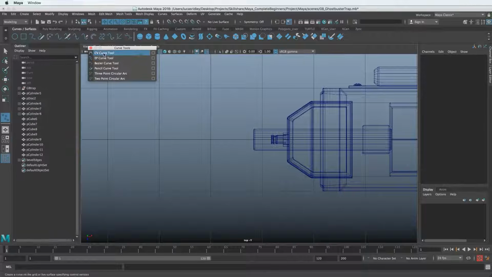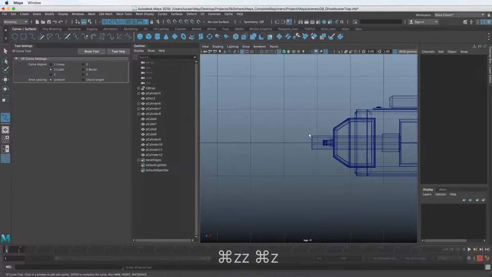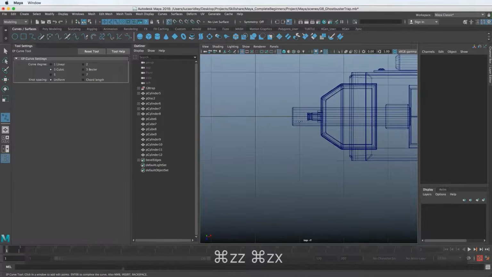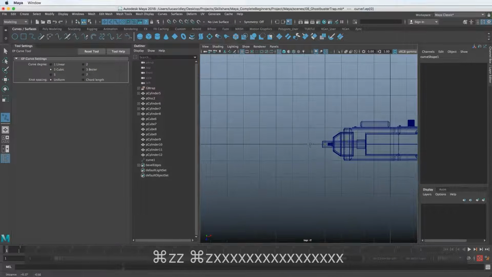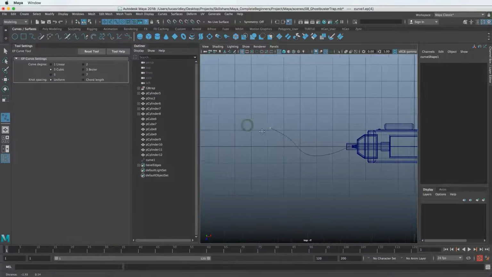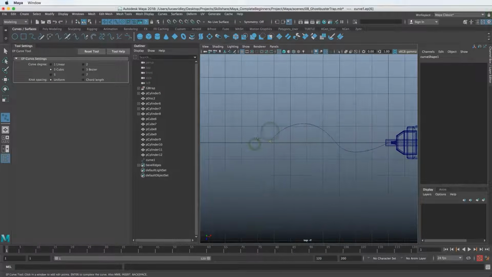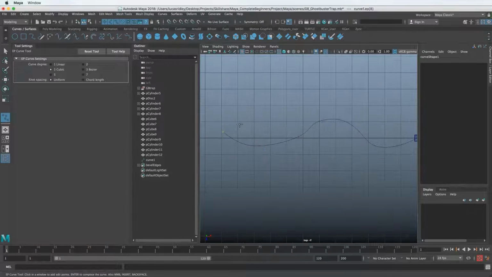I'm going to go to the EP Curve tool, and I'm going to open up the tool settings so that I can see that we're on 3 cubic. So it's going to start to interpolate kind of a rounded edge there after I go 3 points. So I'm going to hit X to line up on the grid, and then I'm just going to make a swooping kind of curve cord path here. And this is just going to kind of trail off in the distance. You can make it be whatever you'd like it to be, and of course I'm going to hit enter.